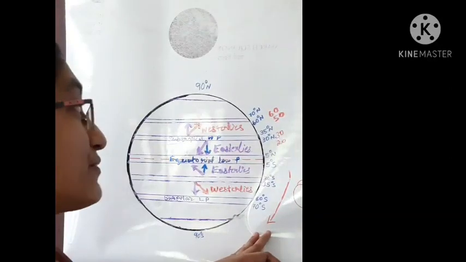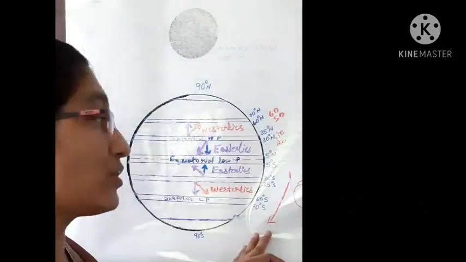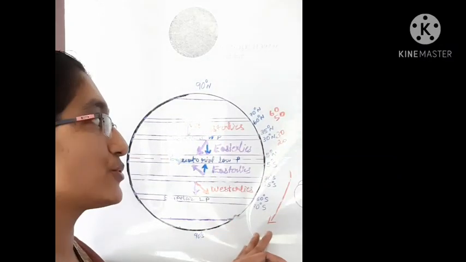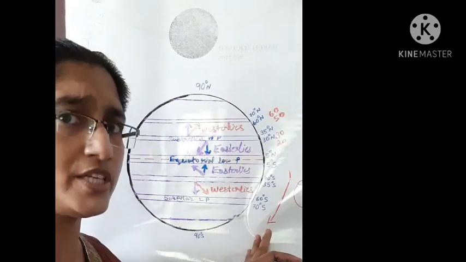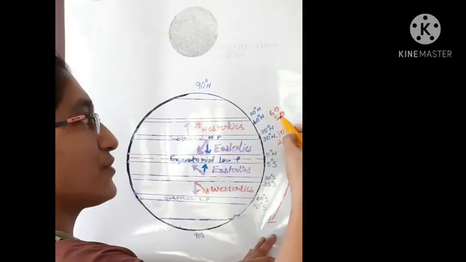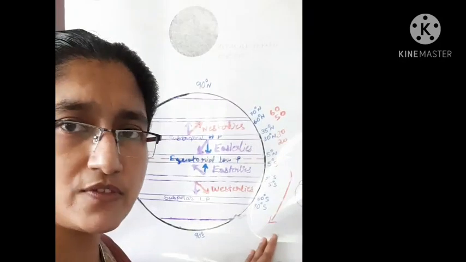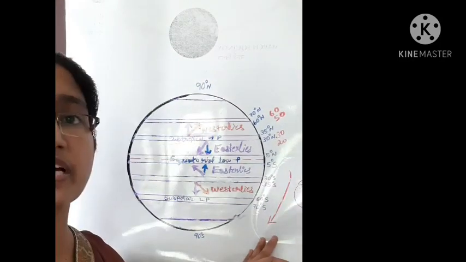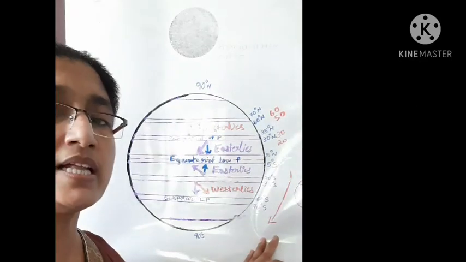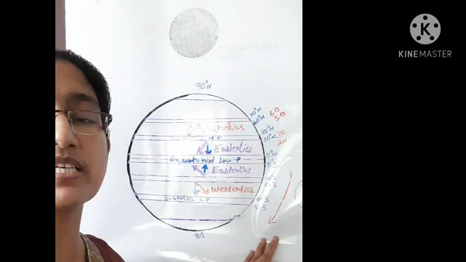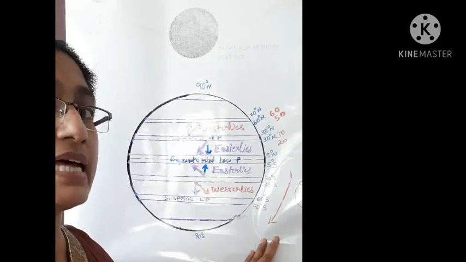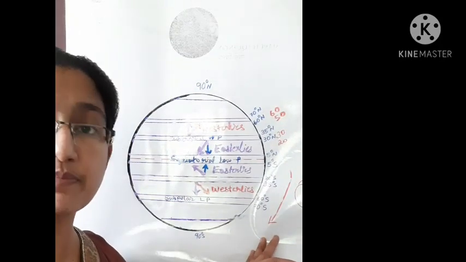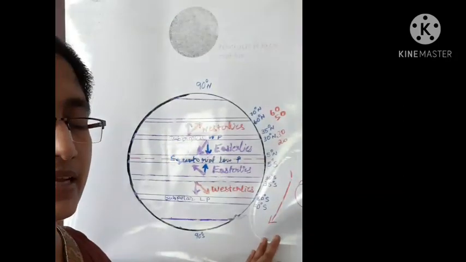You have to think: before, at the equinox, the wind is moving from 35 degree latitude to 60 degree latitude. Now what happens? The wind blows between 20 to 50 or 30 to 50 degrees of latitude. So the areas which are not influenced by the westerlies in the summer season come under the influence of westerlies in the winter season. That's why some regions experience winter rainfall, especially the Mediterranean climatic region.